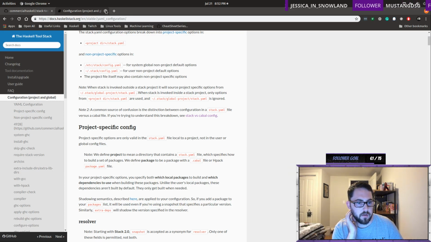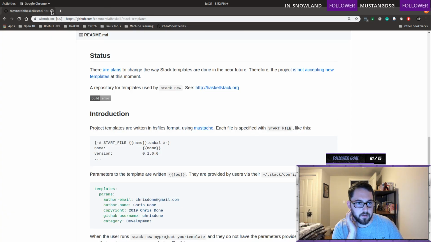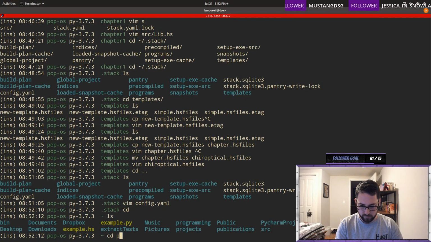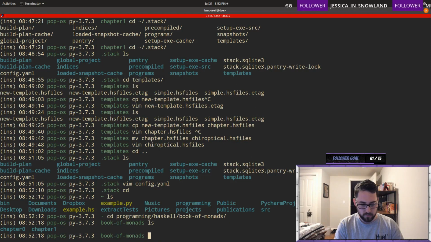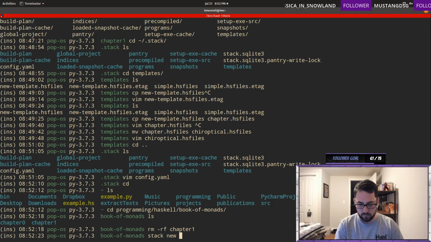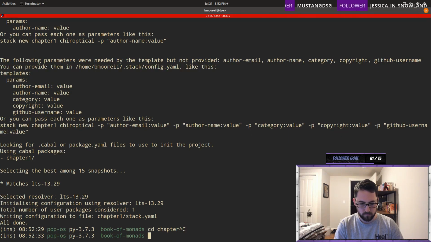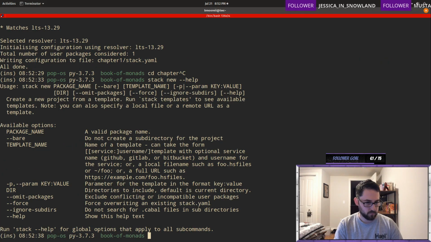Yeah. That's fine. Let's just do it this way. This is probably fine. Okay, so anyway, let's go test it. Programming. Haskell. Book of Monads. Okay, good enough.